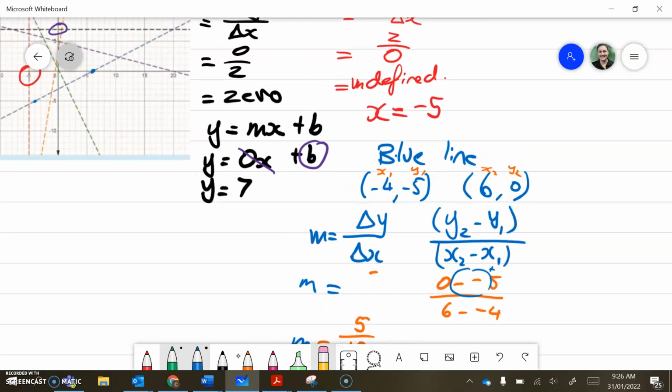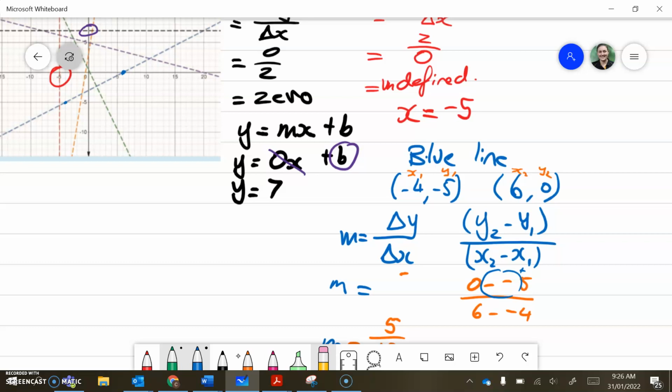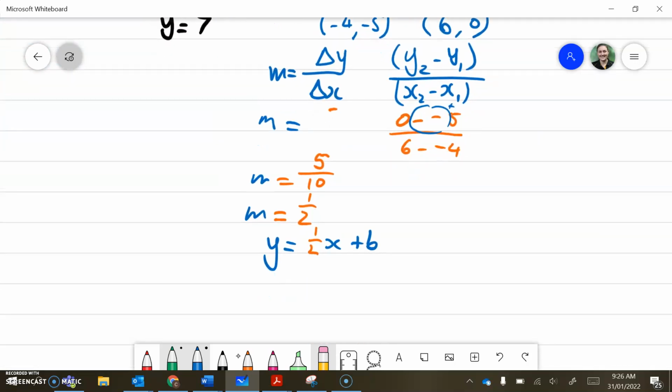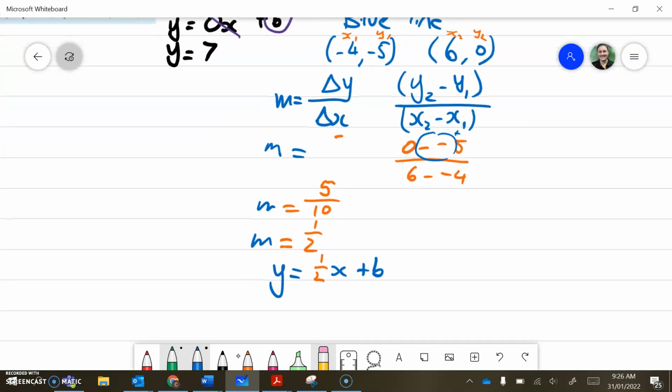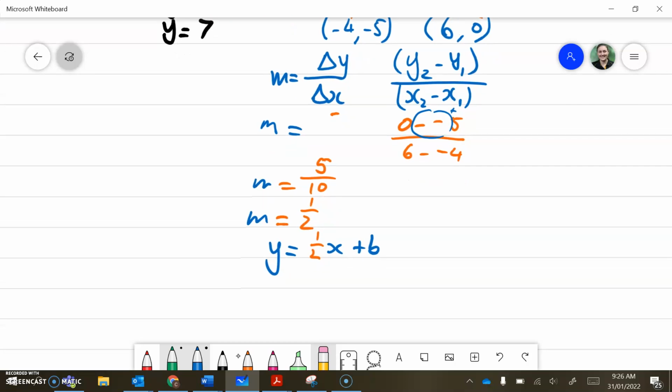Now I can look at that line and I can say, oh, yep, I can see that the y-intercept here, it crosses the line at -3. But let's just double check that that is the value. So I choose one of my coordinates and I substitute that into the x and the y value. So I'm going to choose that